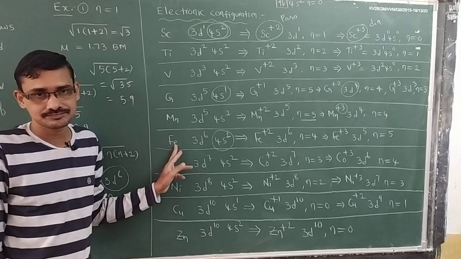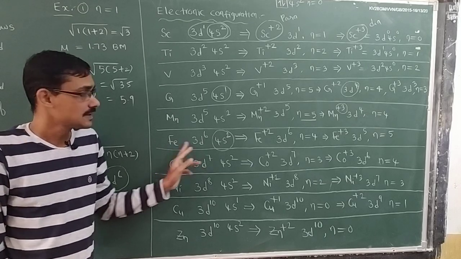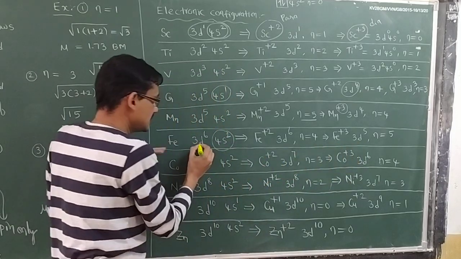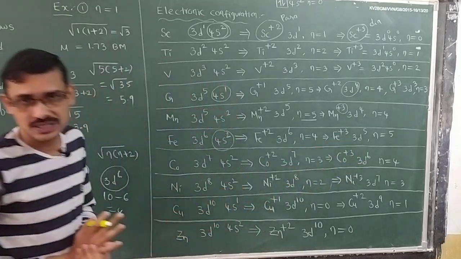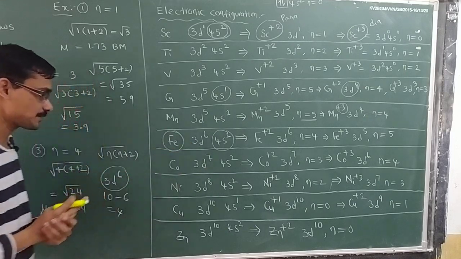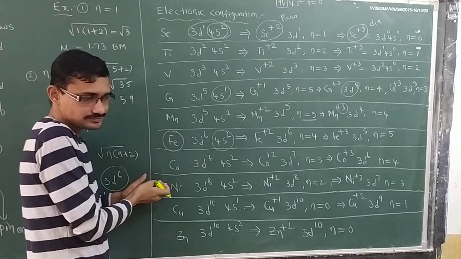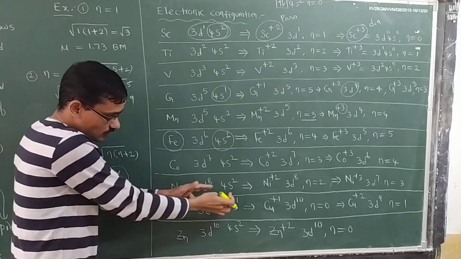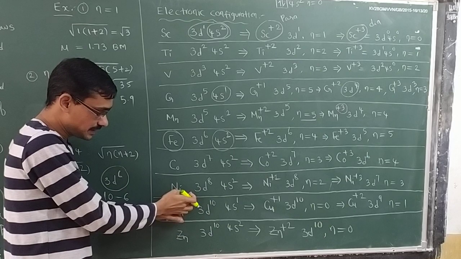Fe plus 3 means how many electrons do you have to remove here? 2 from here, 1 from here, and it becomes 3d5. So, 3d6 will convert into 3d5 in the Fe plus 3 configuration. This is very, very important. Next, you will take nickel, 4s2, 3d8. Nickel plus 2 means remove the 4s2 electrons, remaining will be 3d8.